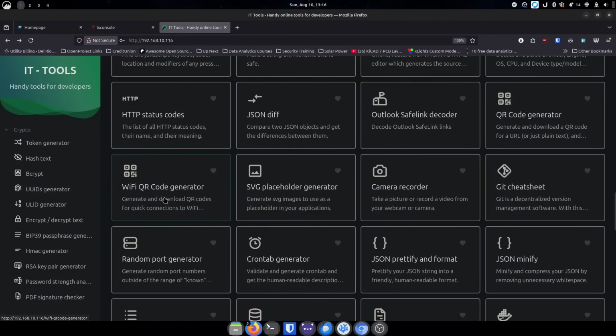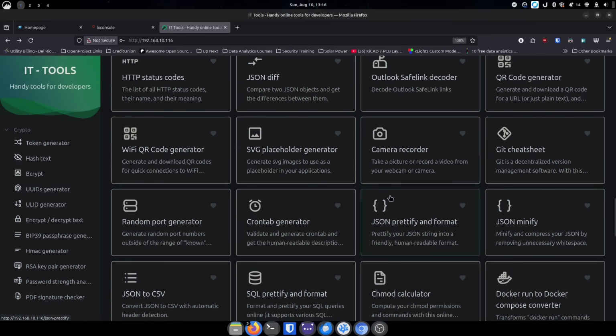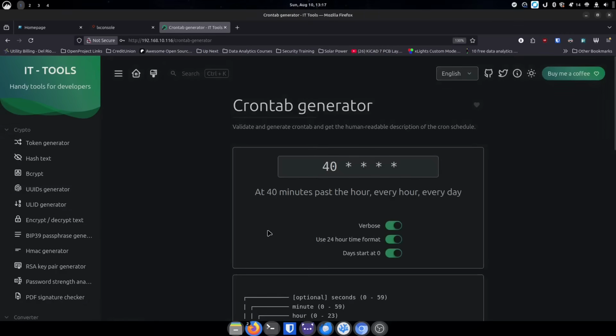This is your Wi-Fi QR code generator. So you've got the regular QR code generator and the Wi-Fi QR code generator. Your camera recorder. So take a picture or record a video from your webcam or camera. So just a quick way to get to something that can do that for you pretty quickly if you need to. Random port generator, cron tab generator, which is actually super useful because if you wanted